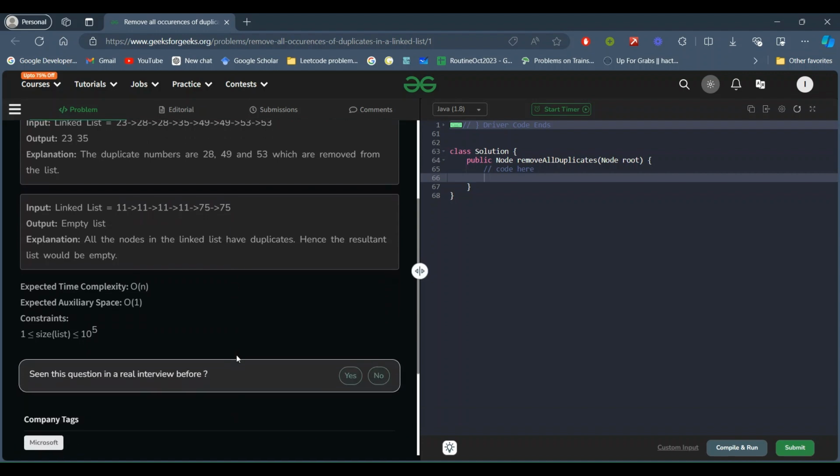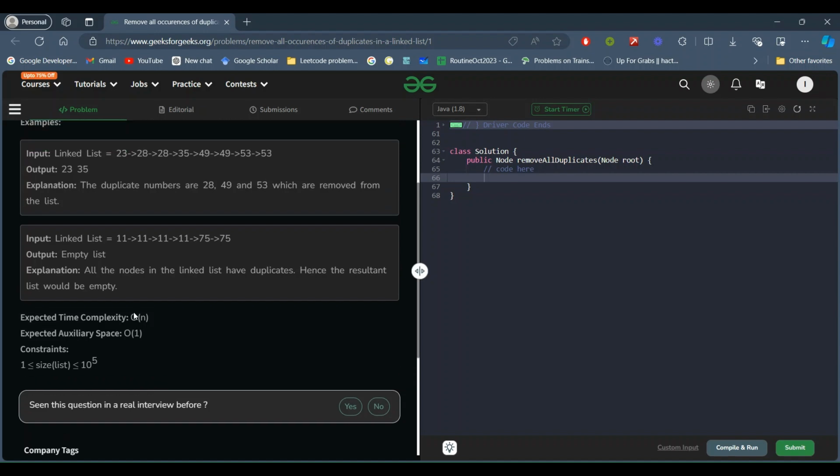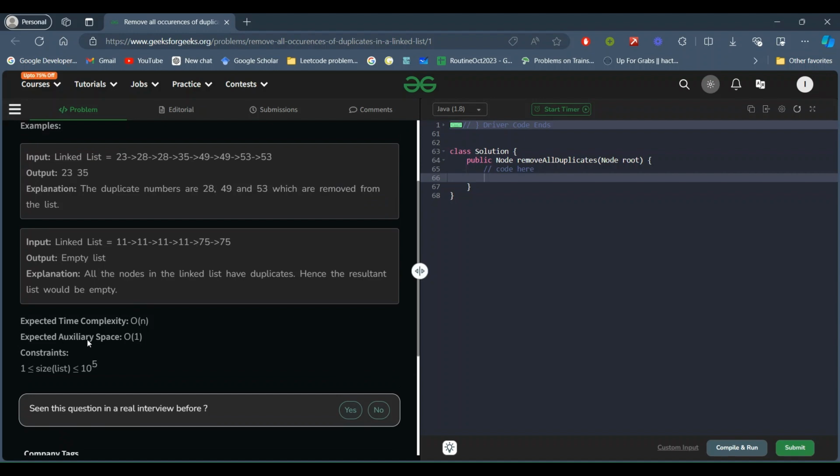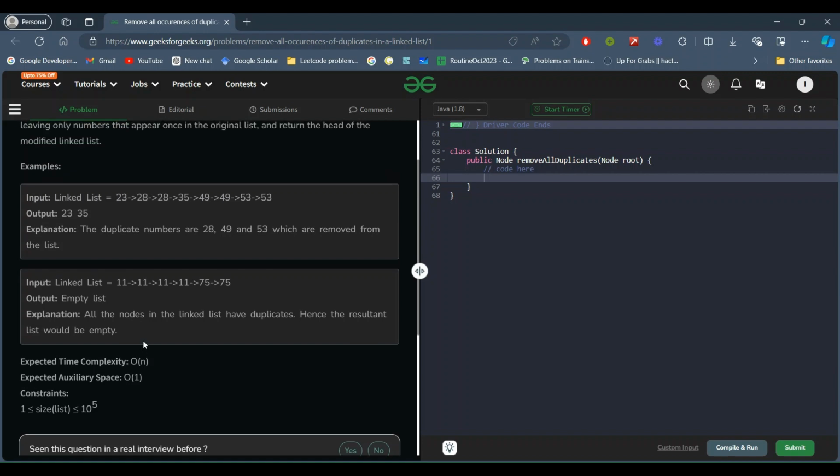So here the expected time complexity is O of n, and auxiliary space is O of 1, and the constraints are that the list size will go from 1 to 10 to the power 5. Auxiliary space O of 1 means constant. We can't use any data structure to store our values.